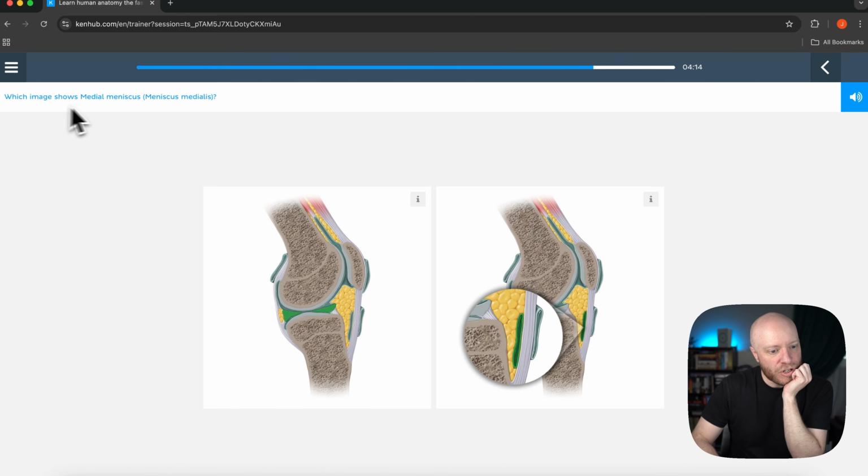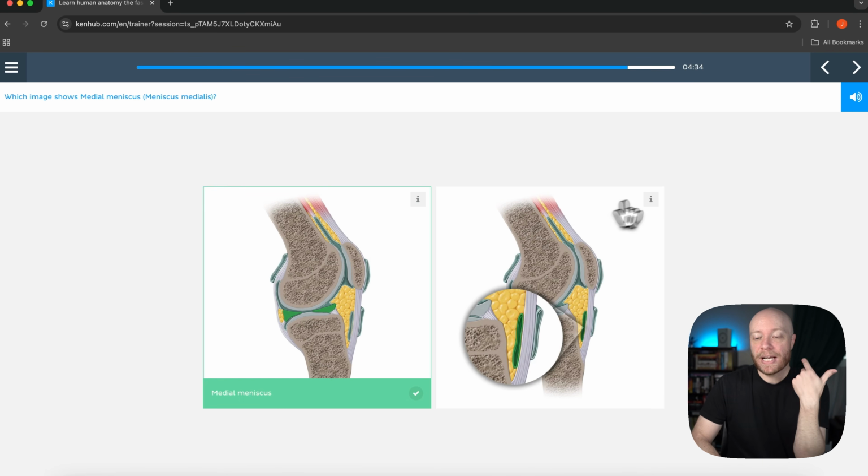It's asking which image shows the medial meniscus. Fascinating. So what it's showing here is it's highlighting this thing in green. And then here it's highlighting this in green, and it's showing it much larger. Which of those is going to be the medial meniscus? That is going to be